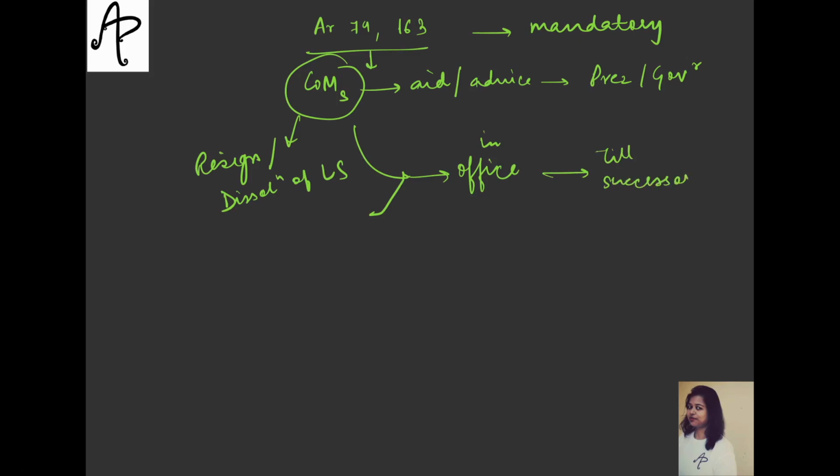If you remember, we saw this in the case of the president and vice president, and also in the case of the governor, that until the new successors come, there should not be any gap in the office, there should not be a vacancy, someone will always be there. So even if this happens, there will always be the need of the council of ministers to aid and advise the president and governor. And if this doesn't happen, it will be considered that these two articles are being violated. And this was very clearly mentioned by the Supreme Court. In 1971 they said this.